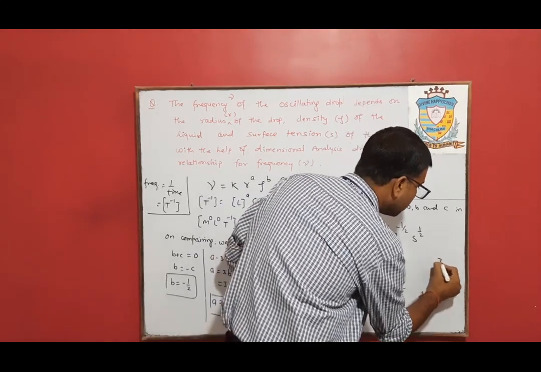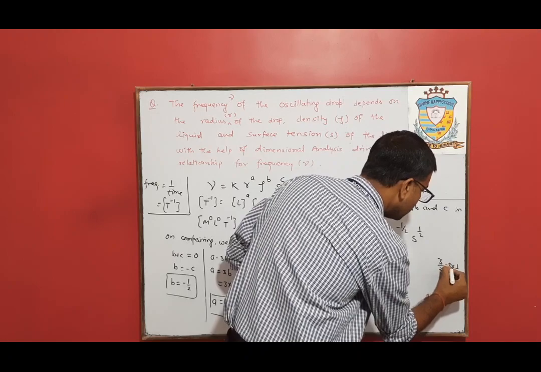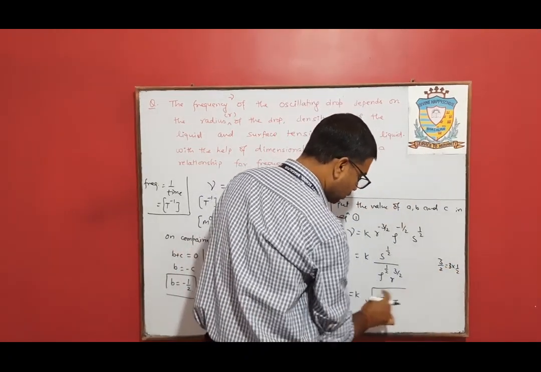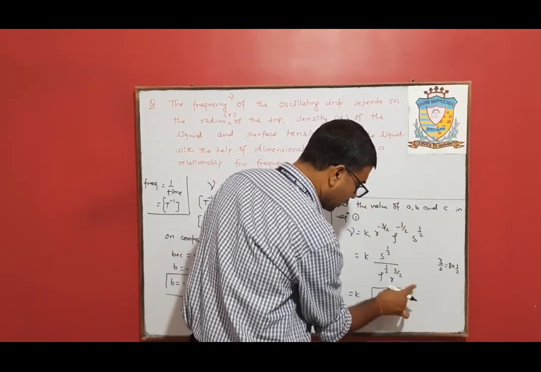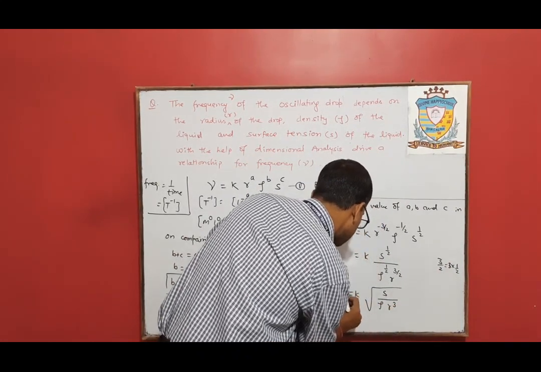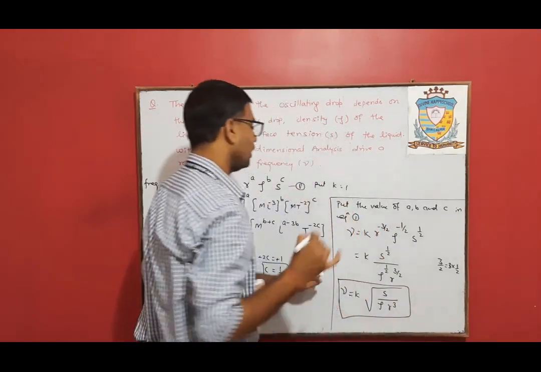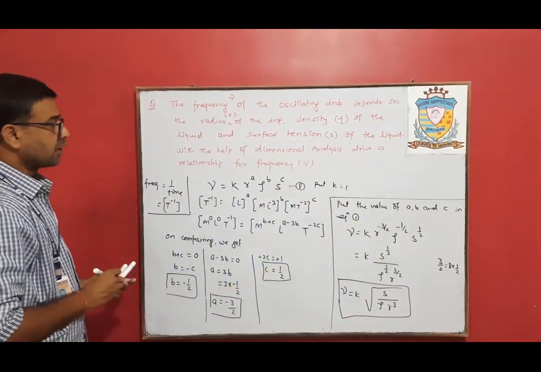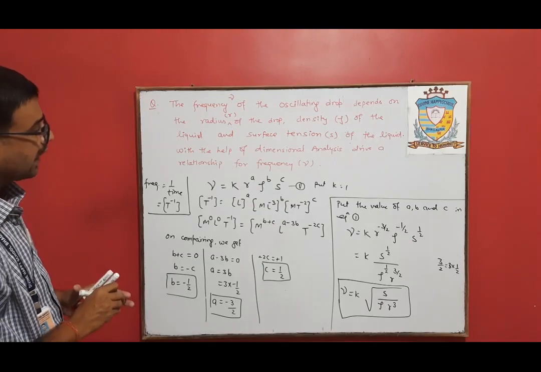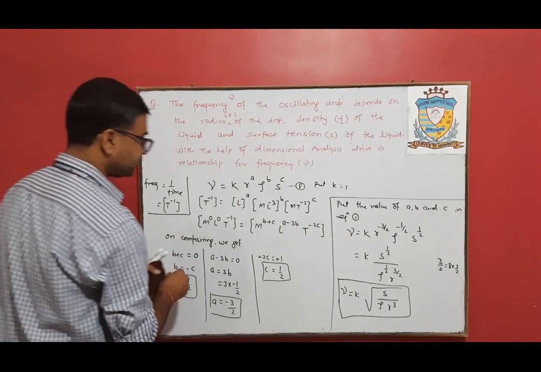Here 3 by 2 can be written as 1 into 1 by 3 into 1 by 2. So for 1 by 2 we took the square root, and this will become r cube. So this is the expression for frequency in terms of surface tension, density and radius. Yes. So the next example,